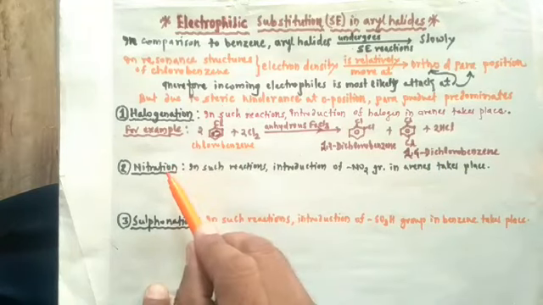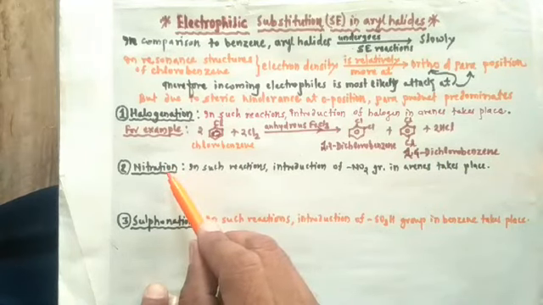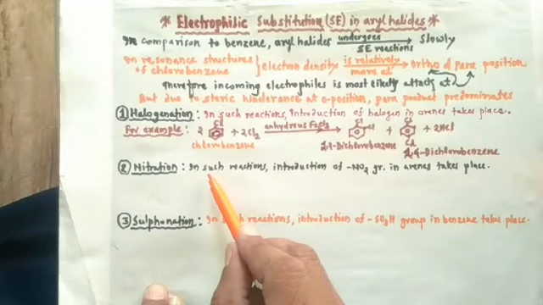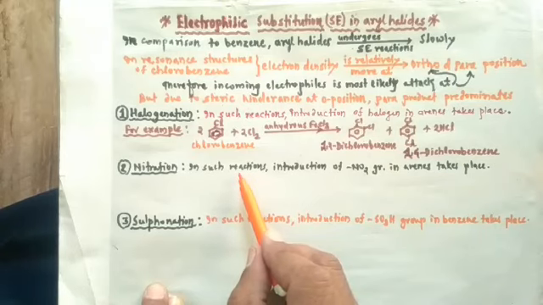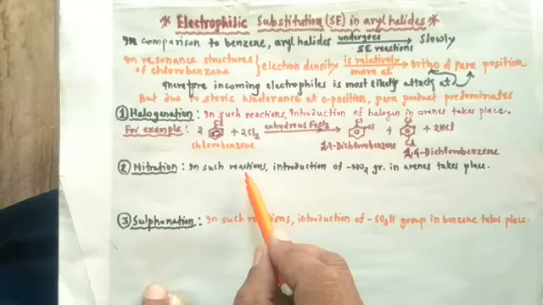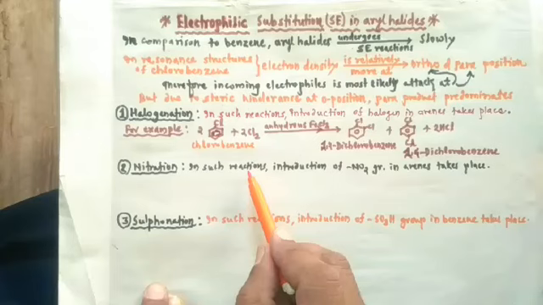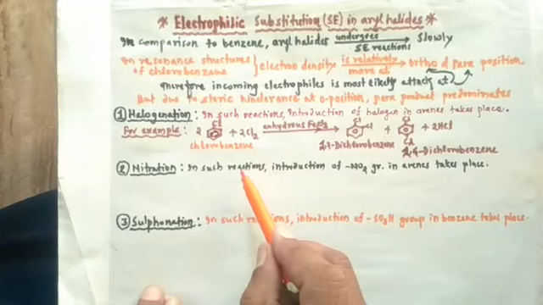So in the nitration reaction, arenes are reacted with a nitrating mixture, and the nitrating mixture is a mixture of concentrated HNO3 and concentrated H2SO4. So when aryl halides are reacted with the nitrating mixture, it gives the para compound as a major product and the ortho compound as a minor product. Let's study one example.